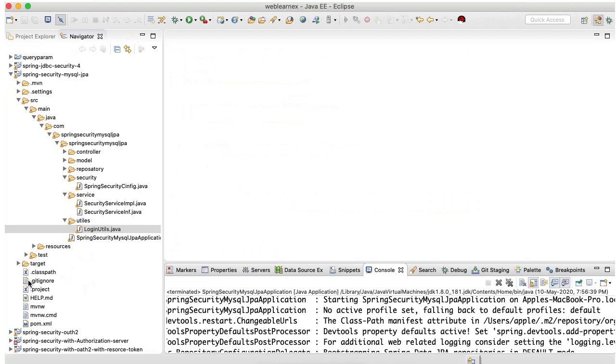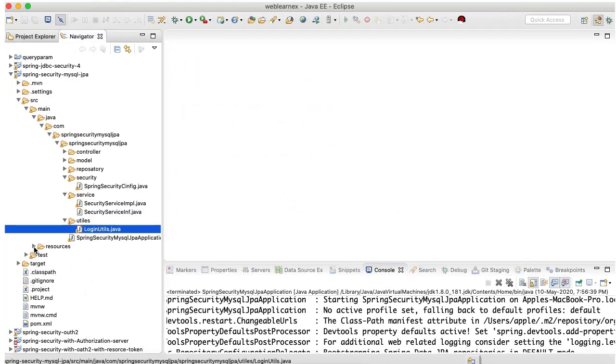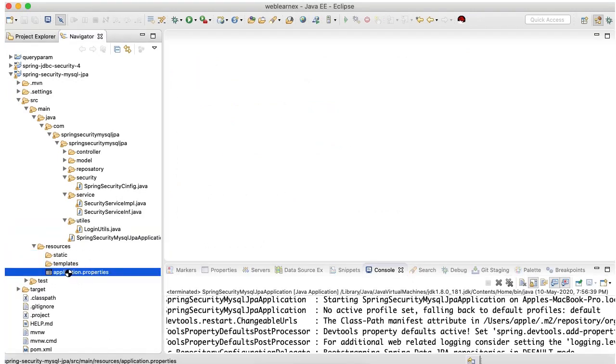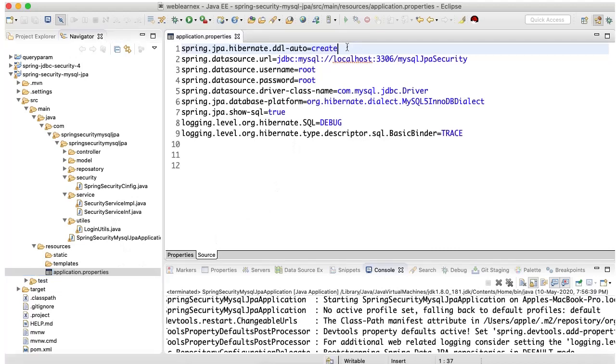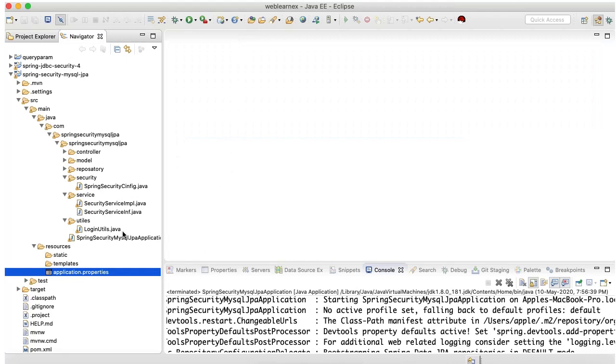For user JPA, first I added the application.properties, and in application.properties I have used the create mode, meaning I want to remove all earlier data and tables, and my database name is MySQL JPA security, and I have added my username and password. This is the credential I have already discussed in my JPA CRUD operation videos.